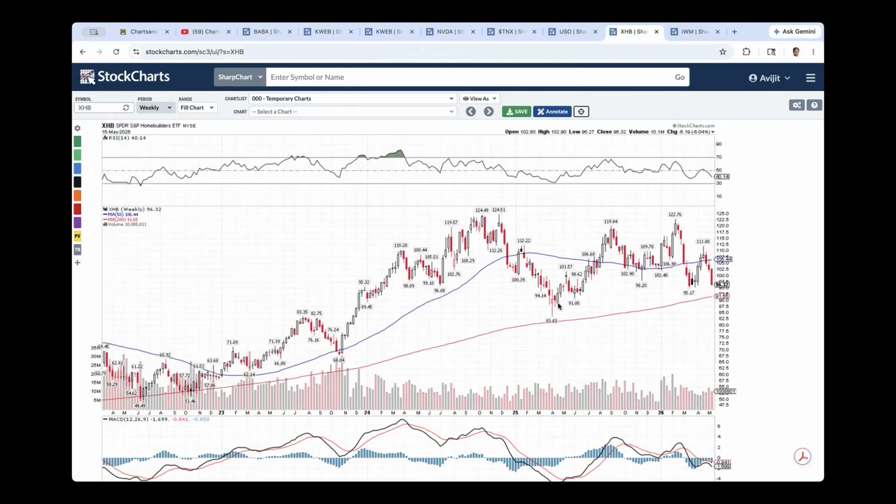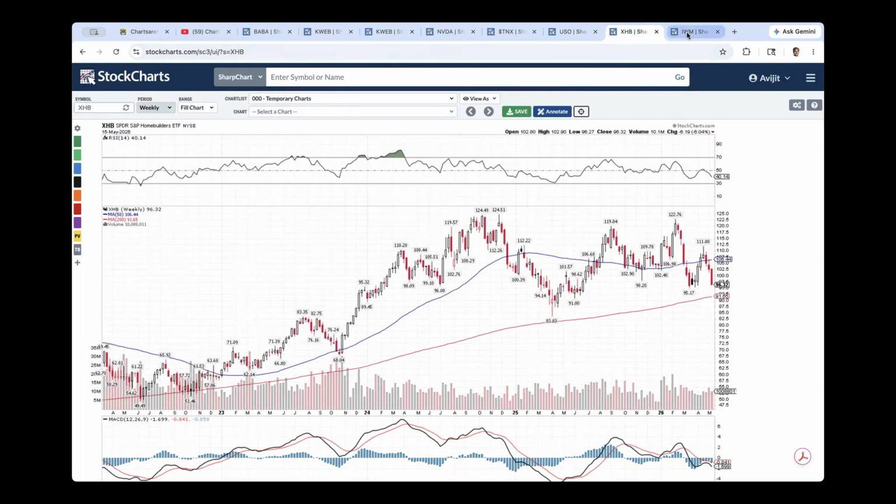We're hoping that this key support at the 200 period moving average at 91 arrests this decline. And so this could be a higher low from 83, 91, and then a resumption of the pattern higher. That could be very encouraging for the home builders. But right now, this is looking like a bearish pattern, 6% downside on Friday. If this further declines, breaks below 83, could be a lot lower levels.